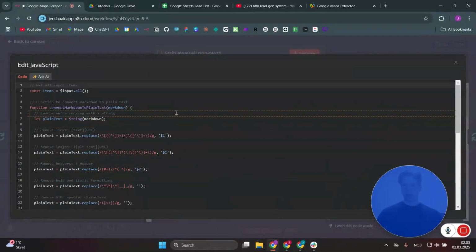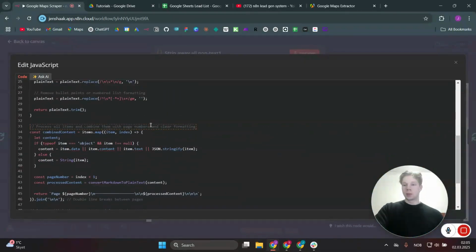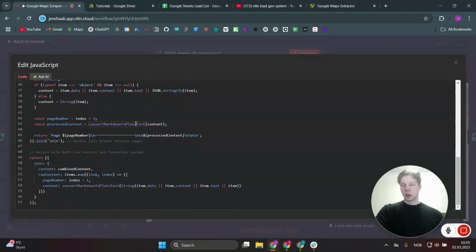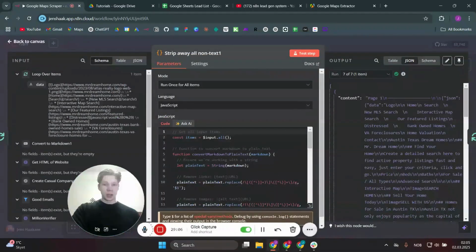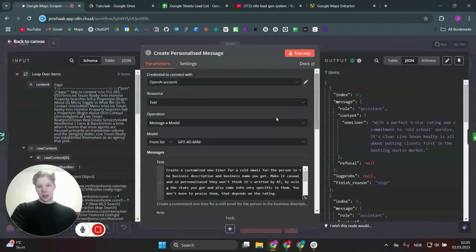Just go ahead and ask ChatGPT to write this code for you, manually with a prompt. So I'm going to show you all the code here, so you can just take screenshots and send it to ChatGPT and ask it to write it out. And then once you're done with that, that will go into this create a personalized message OpenAI system prompt here,